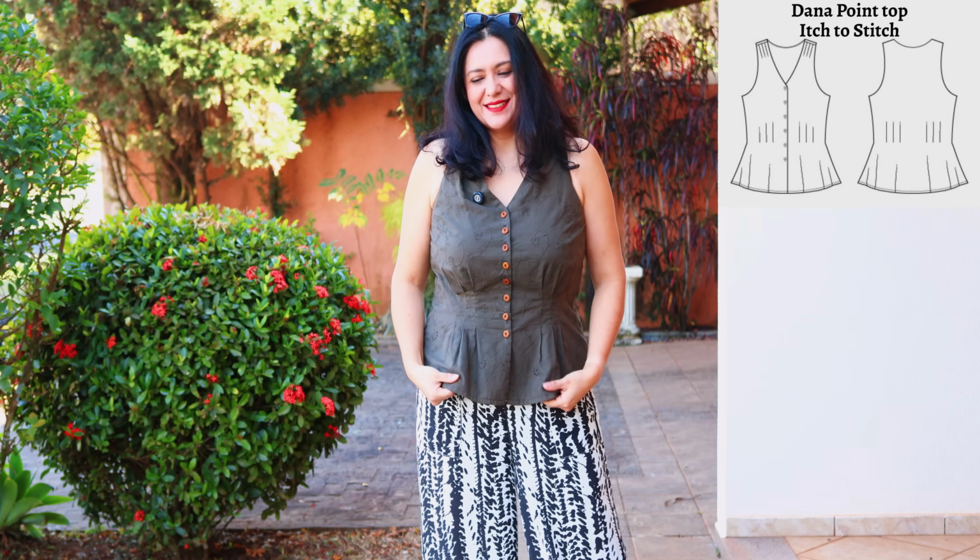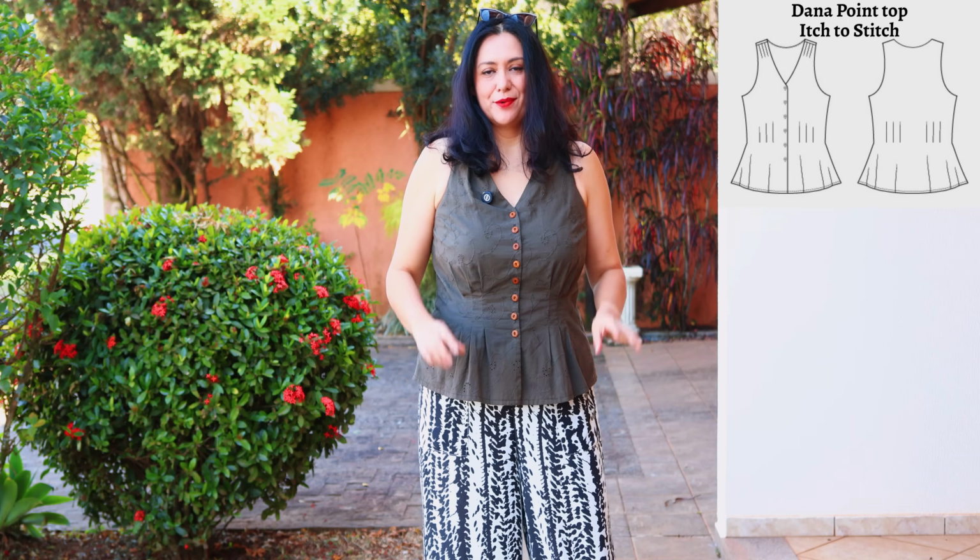Now I'm going to show you all the garments I've made. There's 11 of them, and then number 12 is the brand new one. And you've seen snippets of it as I've been talking about this fabric. You've seen some images of it. Beautiful, beautiful dark pink with beige embroidery. Amazing. This is a Dana Point top from Itch to Stitch, and it's a really, really lightweight cotton broderie anglaise,